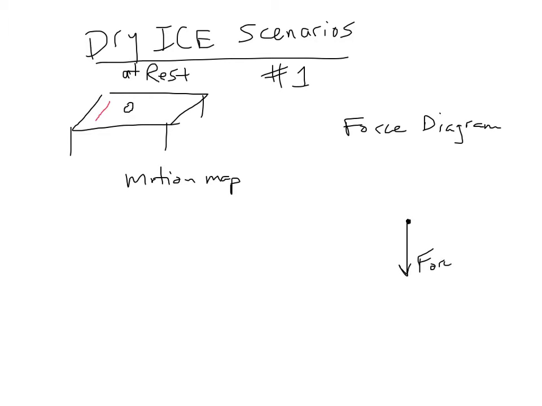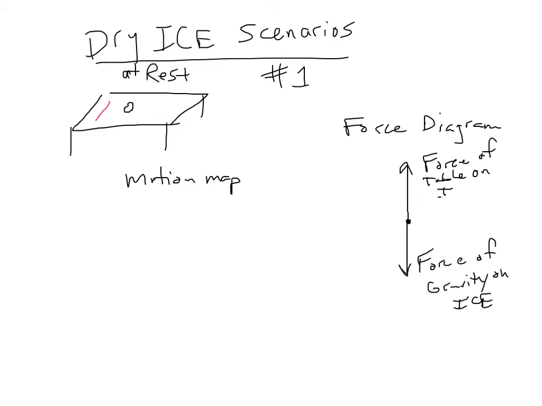So we would actually name it force of gravity on ice. There's an upward force also on the dry ice, and it's the same size as the force of gravity, and we call that the force of table